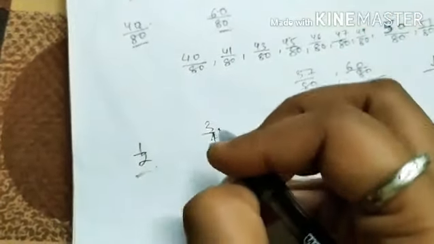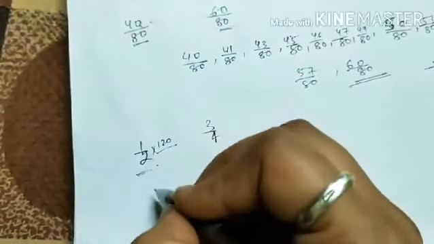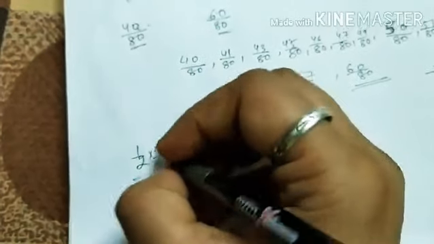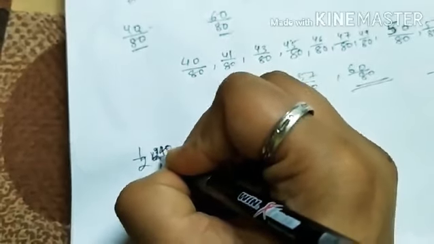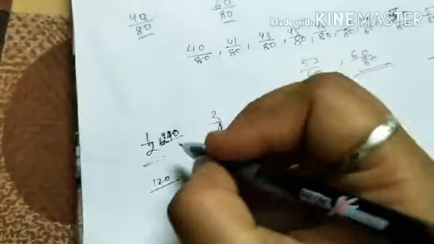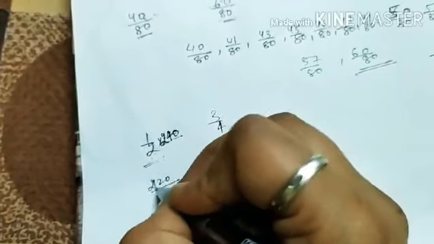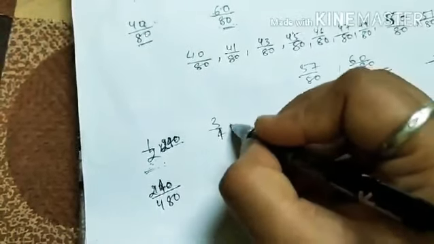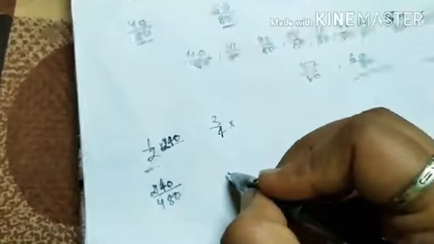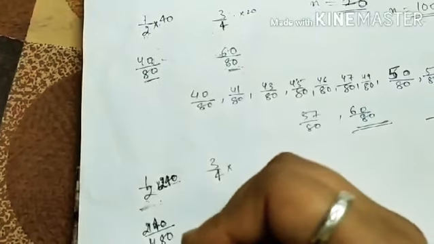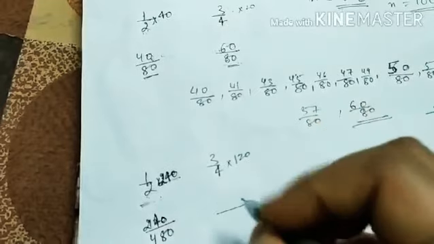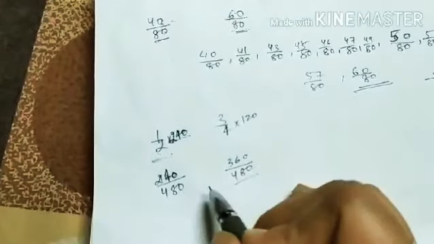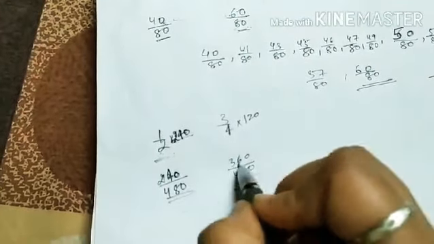If we multiply this by 120, okay, then it becomes 120 upon... I guess we should multiply by 240. You can check it. You can try with 120 and see whether it works or not. I will go by 240. When we multiply by 240, it will become 240, and here it will become 480. And here, what do we multiply by so that we get 480? Here we'll multiply it by 120. So here we'll get 360, and here we'll get 480. Okay, now you can see the denominator has become the same, and we have enough distance, we have enough numbers,